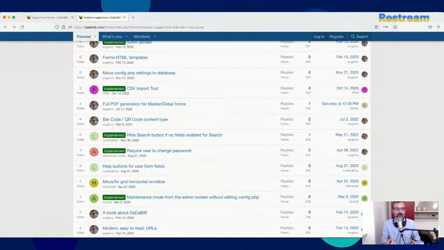Because if you are building an application that uses barcodes, probably you have forms with some fields, maybe one field for each form, that need a barcode as input.